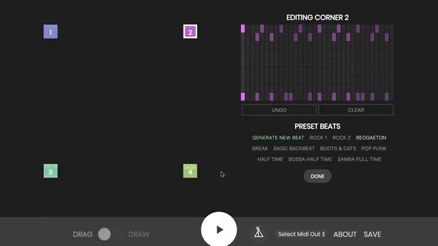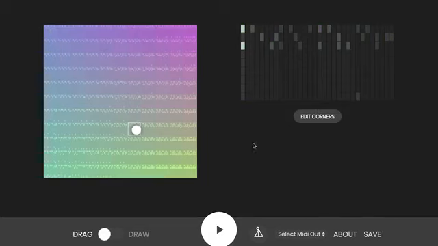To hear what you've created while you're editing, you can also click the play button. And when you're done editing, click the Done button. After you click the Done button, the model will figure out all the intermediate points between the 4 corners. And so if you click play, it will interpolate between those points. Try moving the tracker around the space after you've changed all 4 corners, and listen for the changes.